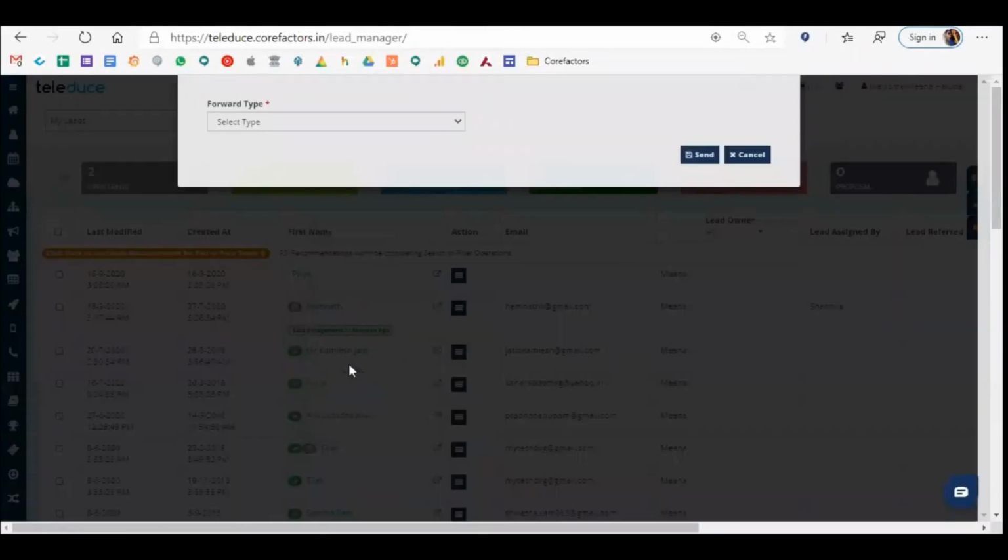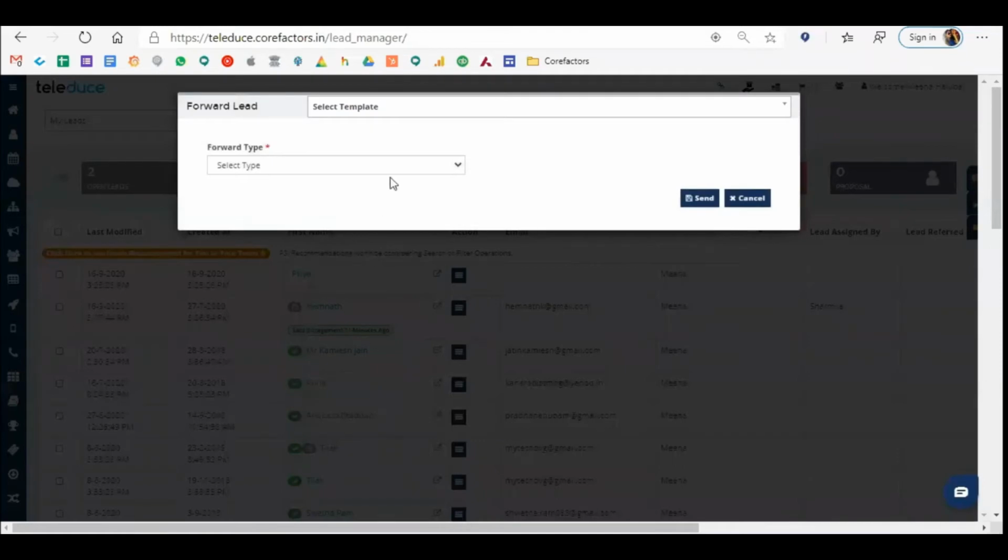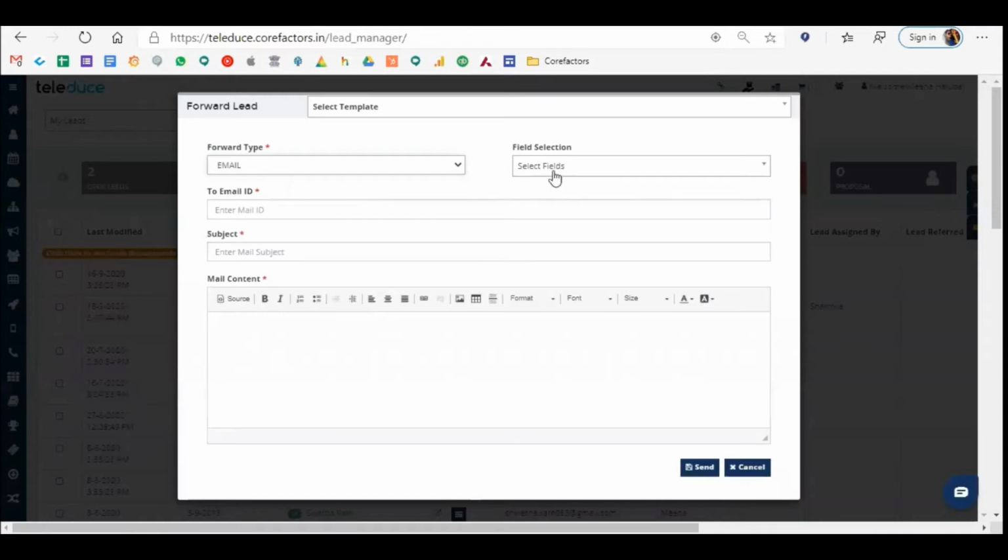Now forward lead is usually used by the customers who do not have a Teledues account but want to send it across to a certain person. This helps when you want to share this particular person's information to the accounts mail ID.